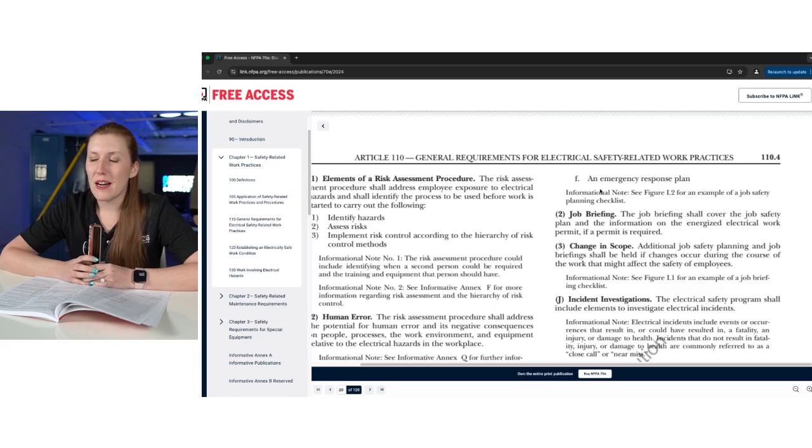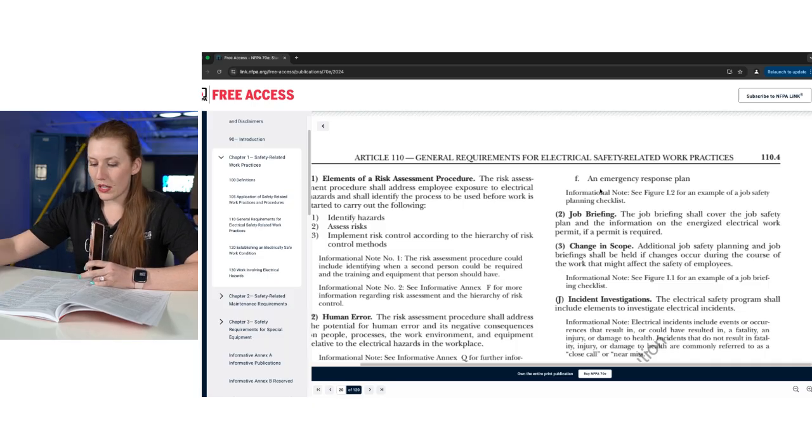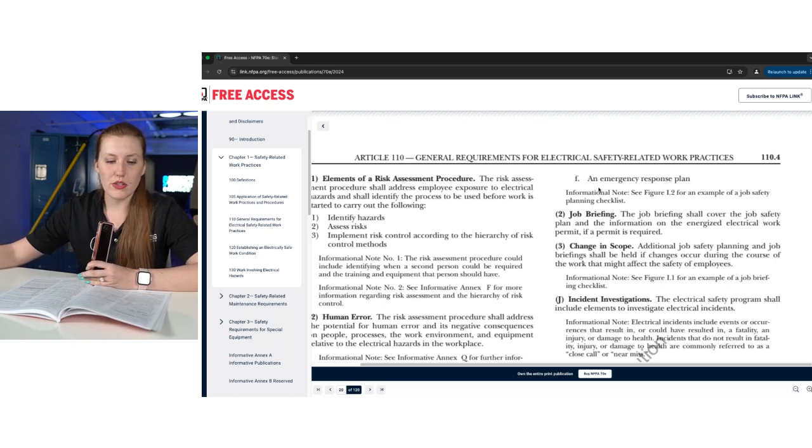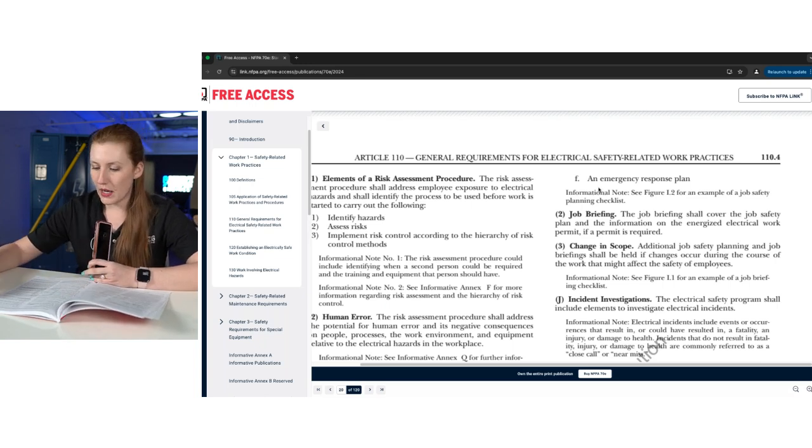So kind of funny that it's only added in the 2024 edition, but it is important because if you respond inappropriately in an electrical emergency, that could lead to multiple fatalities. So that is a specific step that needs to be talked about for each job safety plan, which needs to be done before starting each job that involves exposure to electrical hazards. Okay, then there's some more reference changes, some more verbiage updates just to make sure that it's clear to everybody.